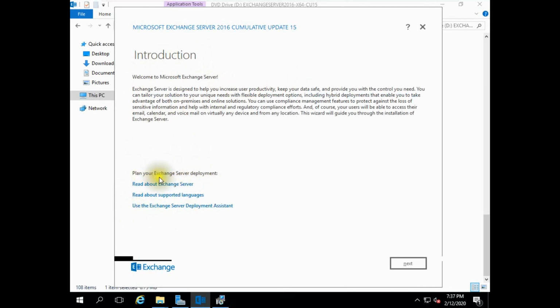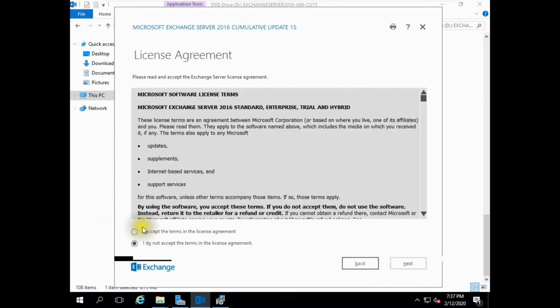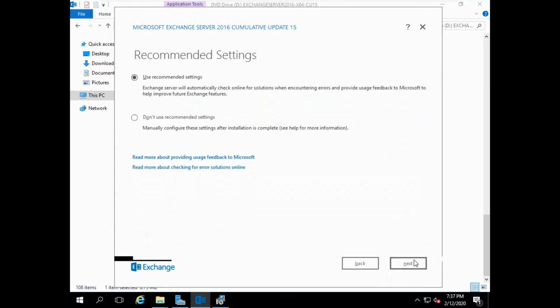Click next to plan your Exchange Server deployment. Accept the terms and click next. Use recommended settings.